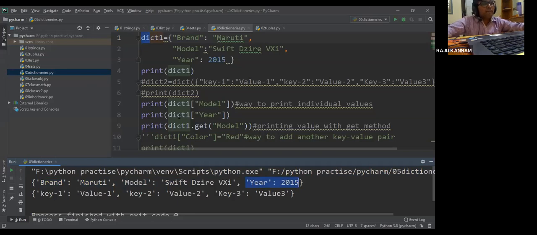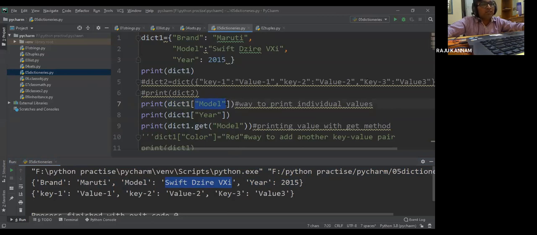Now here, I want to read only the model, okay? What is the model of my so and so car? So you can use dict1, and if you give the key name, then it will read the value of this particular key.